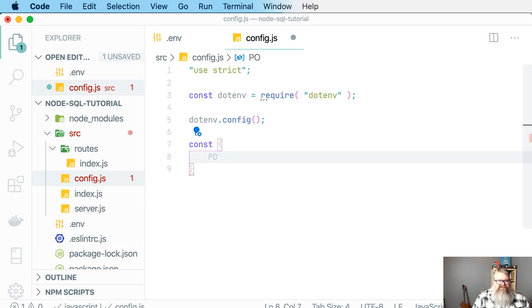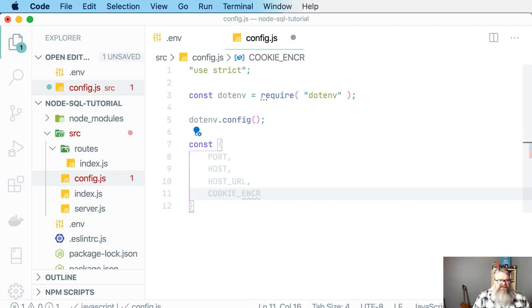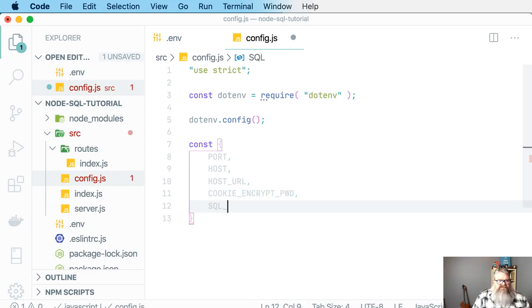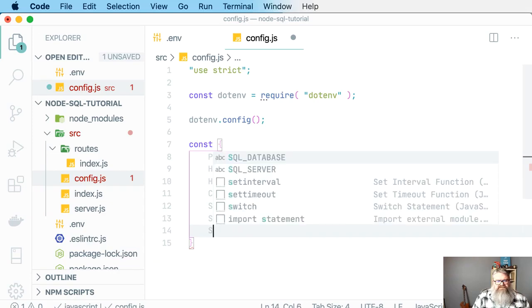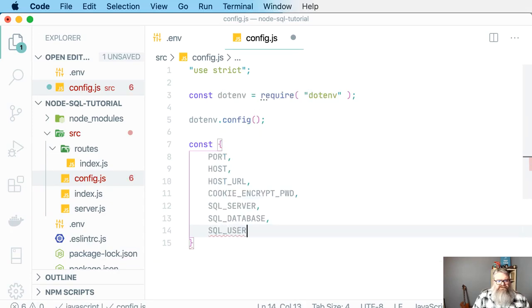So instead of dealing with all these uppercase values, we're going to pull off port, host URL, the cookie encrypt password, SQL Server, SQL database, SQL user,